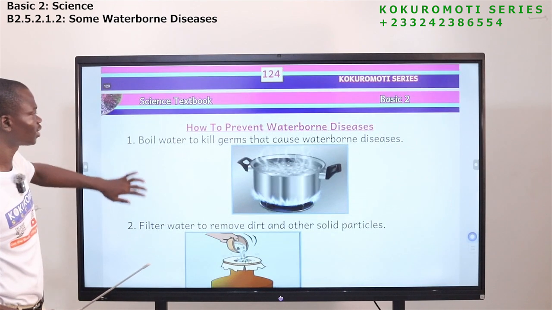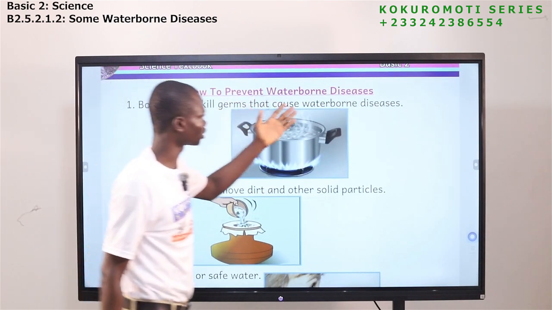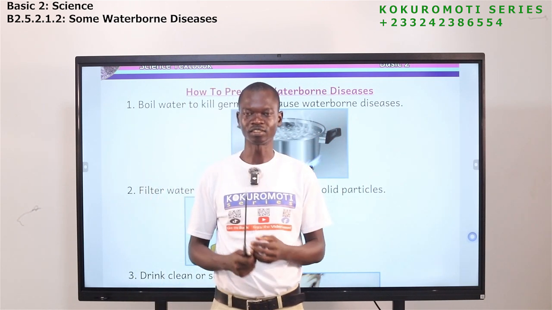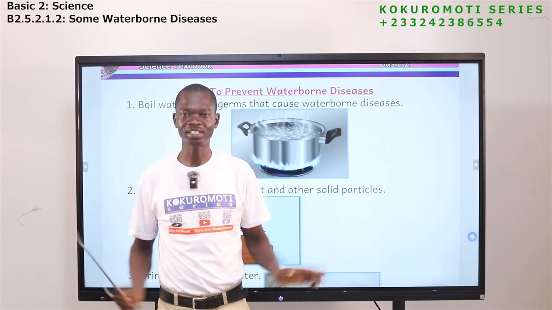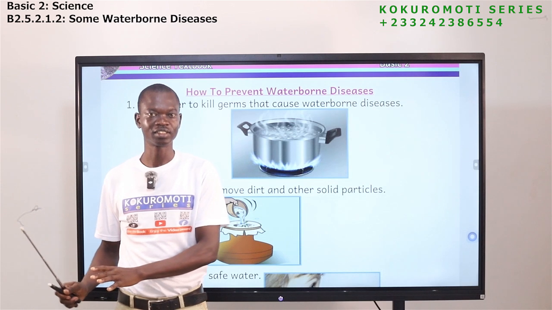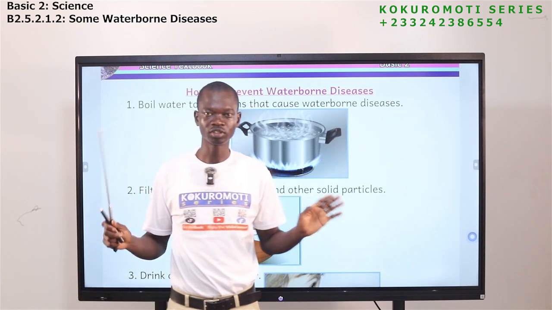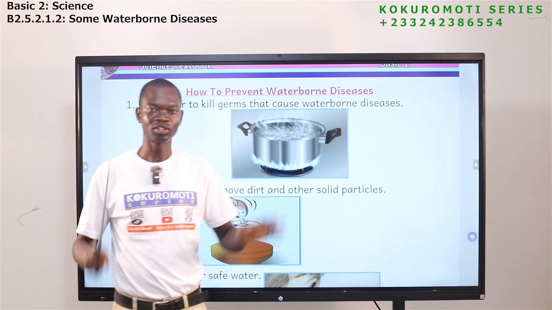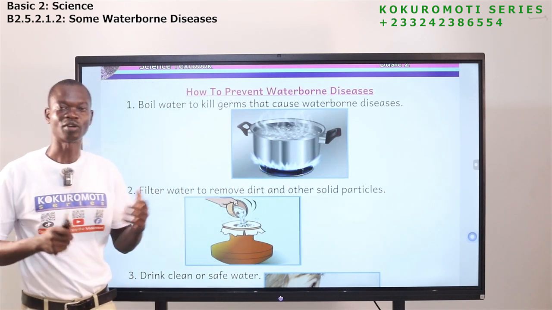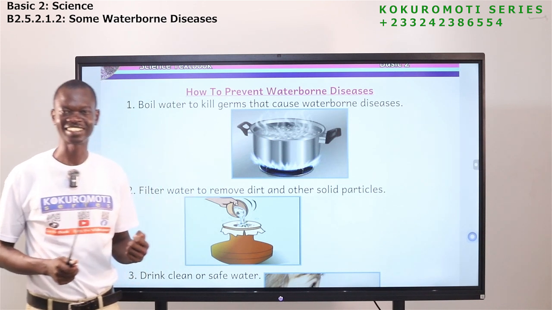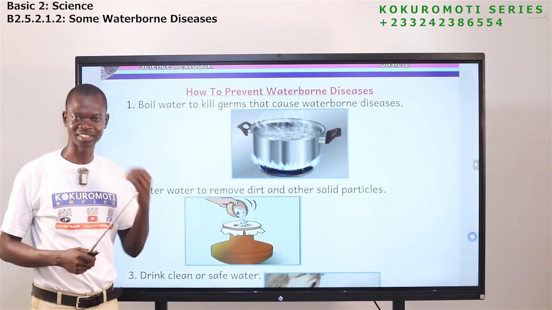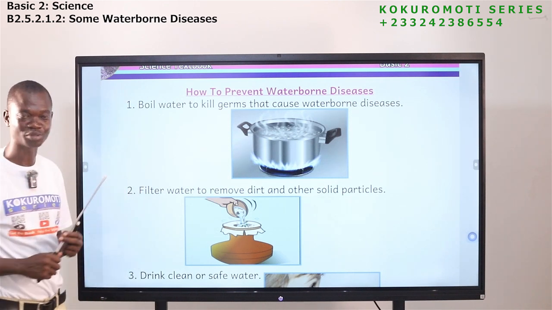Okay. Now let's come to this side. How to prevent waterborne diseases. Now there is a way for us to prevent ourselves. If you don't want to get it, there are some things that you need to do. We are talking about prevention. Those who don't want to get waterborne disease, so that they can eat all their food, they will not get typhoid. They want to eat all their food, so they want to prevent themselves. If you are one of those people, pay attention. And I know you're also interested. You want to prevent yourself from getting what? Waterborne disease.